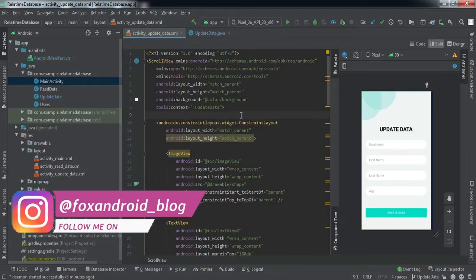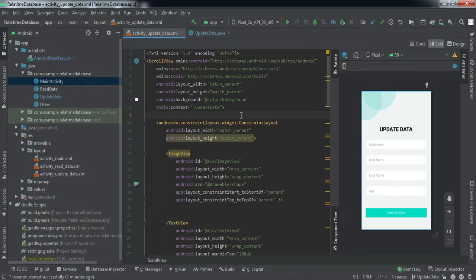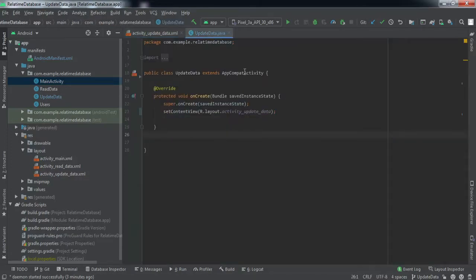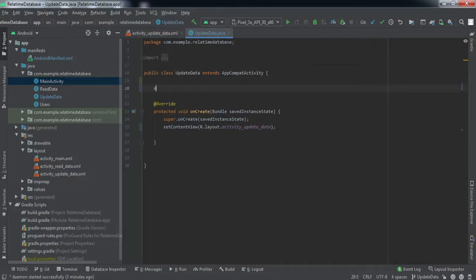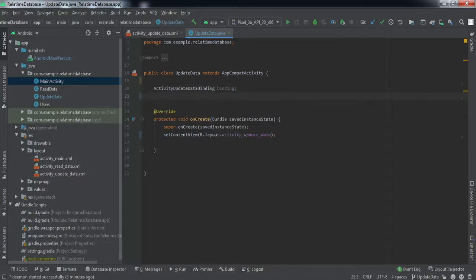So first things first, I've already designed this update data screen, right? We'll not be looking into the XML code of this file, because this is not what we are here for. So we'll directly dive into the Java code for this XML, right? Here first we'll declare the binding class variable and name it binding as usual.